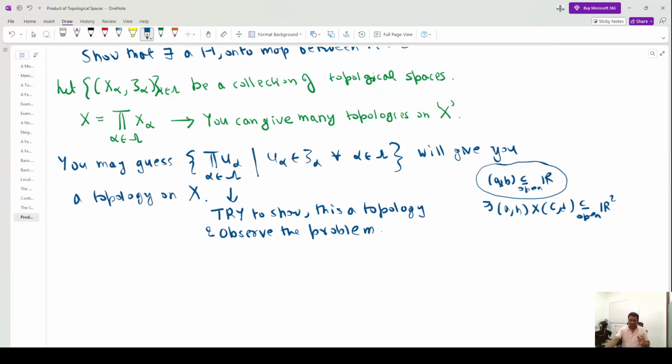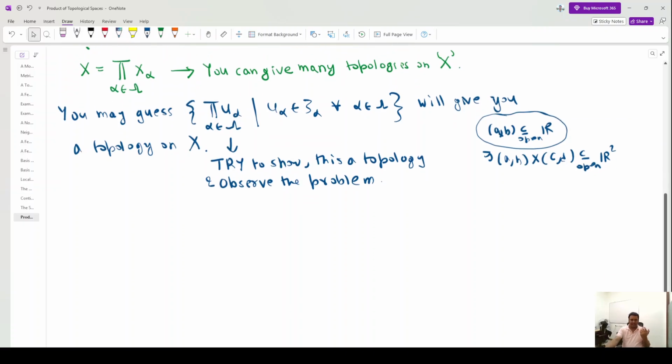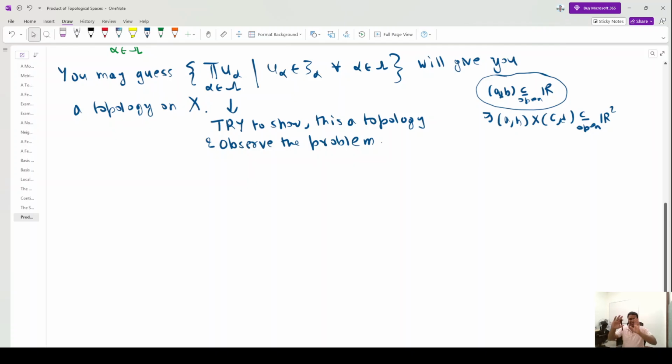So this thing I want to retain in my definition, because whenever you generalize something, you should not disturb whatever is happening in particular examples, or in particular scenario. So what we want, we must have